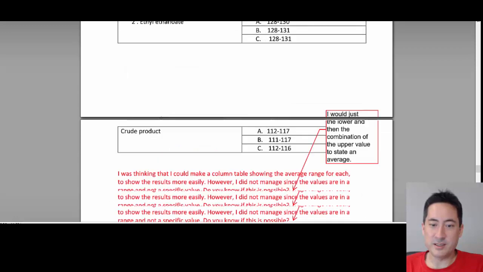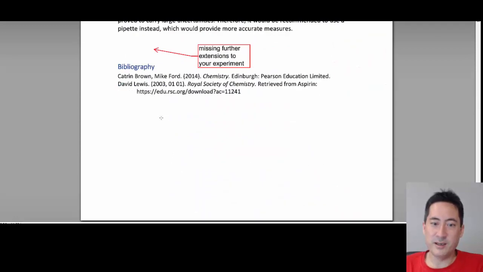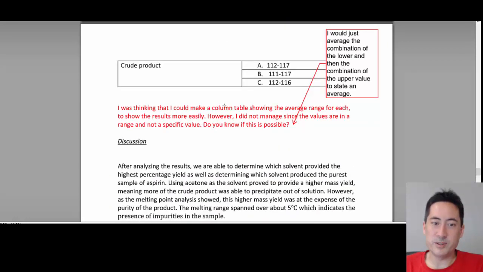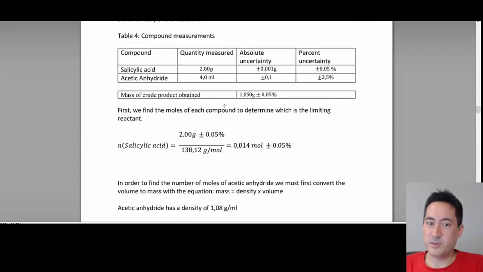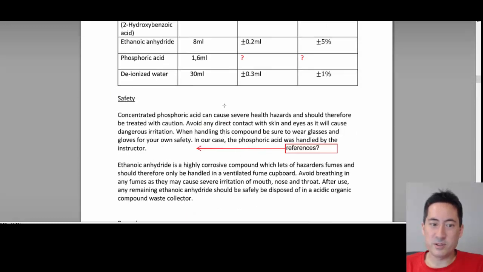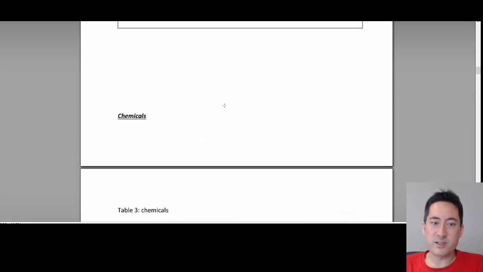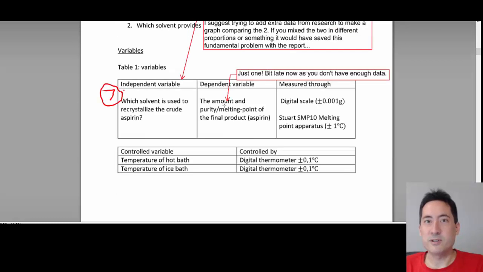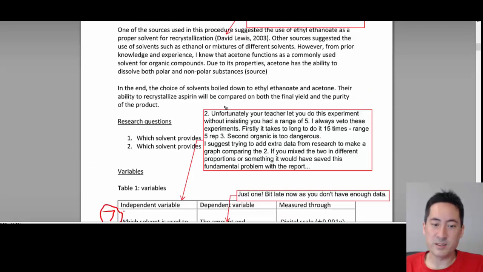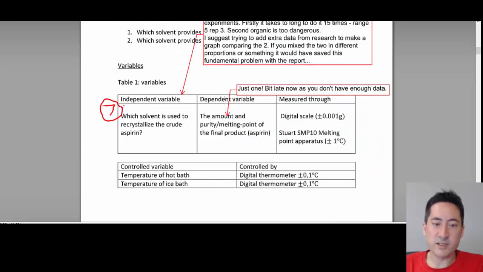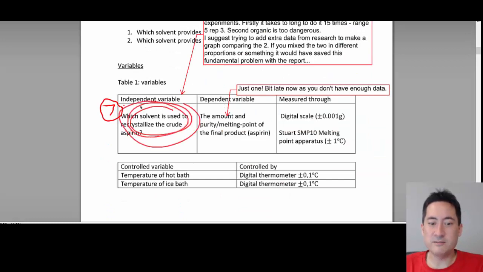And the method itself, this particular method, I looked it up, it is so detailed, and they didn't include some of that detail. They could have just literally cut and paste. So this one by Lewis, he even suggests how to do an IA properly. So you could do a range of 5 by mixing, and I've had students do this before. There are 2 different solvents. They could have mixed various concentrations, so 25-75, 75-25, 50-50, 10-90, whatever, make it increments. So they could have got a range of 5 that way. It's too late now, and so they've already done it.